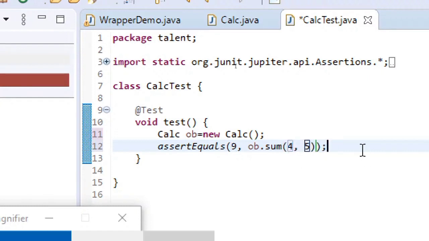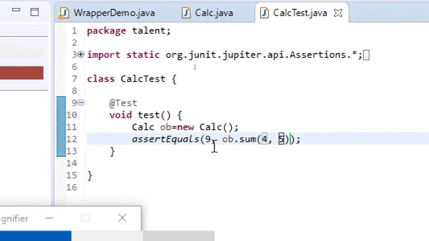So just understand this. This assert equals will be taking two arguments. One is the expected argument, the other one is the actual argument. So the expected value and the actual value, and how are you getting the actual value? The actual value is returned from the sum function, which is in the calc class, and we are passing the values